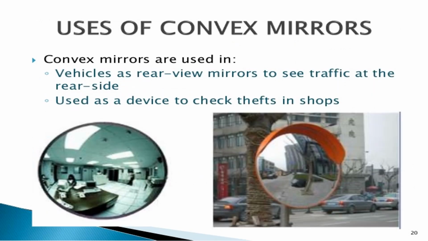Then coming to the uses of convex mirrors, they are used as rear view mirrors. If some lorry is coming from the backside, you can't see that whole lorry in your mirror, and that would be a problem for you. You want to see the whole lorry in your mirror, in a smaller size. So that is why we use the convex mirror, which will make that lorry image, or a bus or some other vehicle, a smaller one, and we can identify what vehicle is coming from behind. So vehicles use this as a rear view mirror to see the traffic at the rear side.